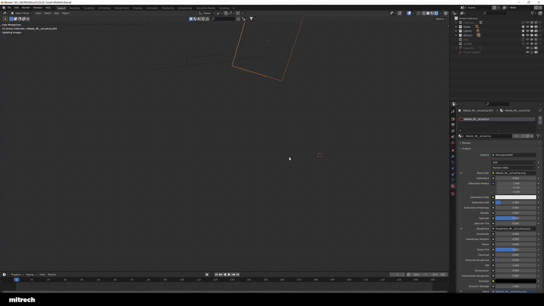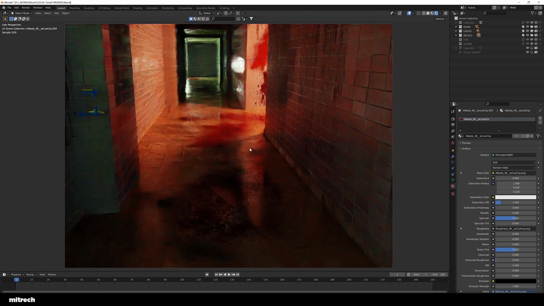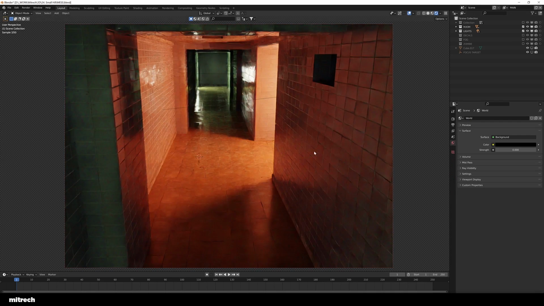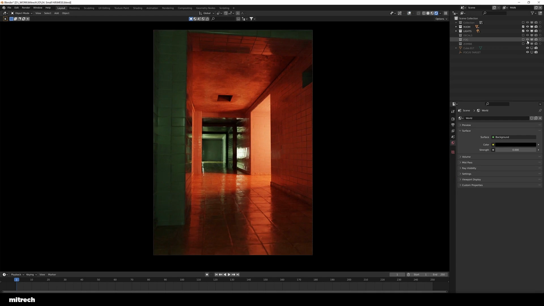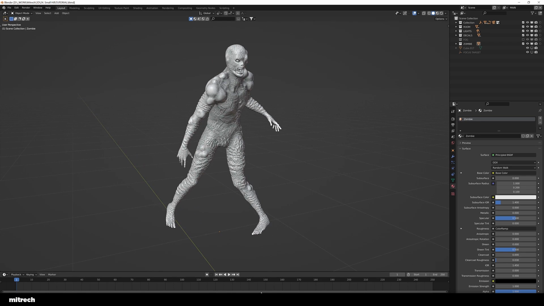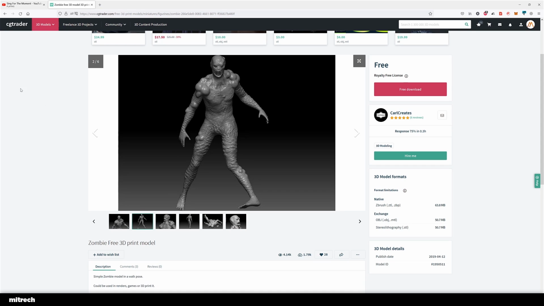So if I switch back to rendered view, you're going to see just how much of a difference it makes when you have decals and when you don't. So this is without and with, without, with, and you can see just how much of a difference that makes.